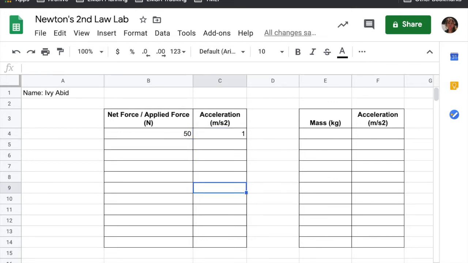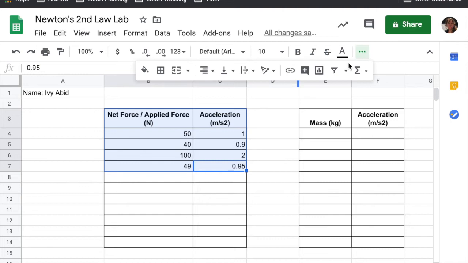You guys can then go ahead and repeat this with multiple trials. And then, so I'm just going to make up numbers. Don't steal these numbers because they'll be wrong. So just making up some numbers. This is not at all the way it would actually be expected to come out, but I'm just making some numbers. And then I can highlight these, and I can click the Chart Wizard button, Insert Chart,